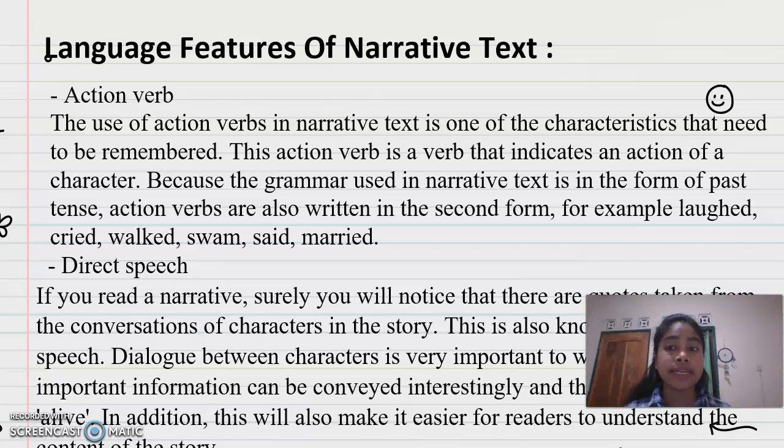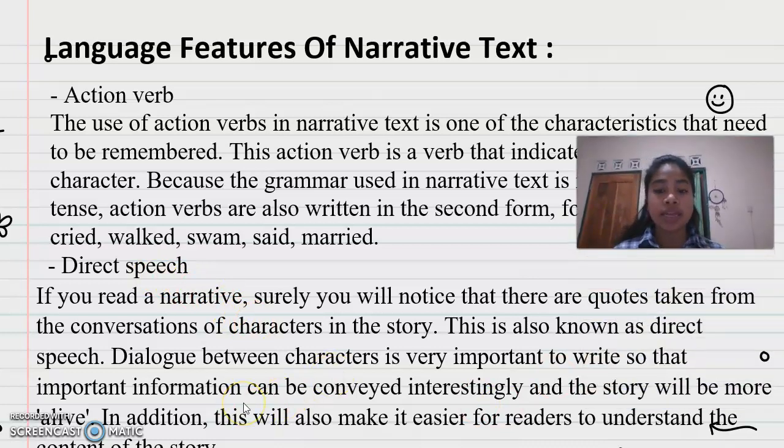The action verb is verb 2 because as I told you before, in narrative text they use past tense. And the last one is direct speech. If you read a narrative text, surely you will notice that there are quotes taken from the conversation of characters in the story. This is also known as